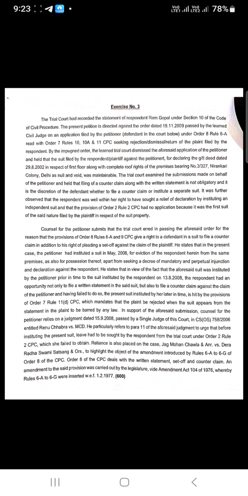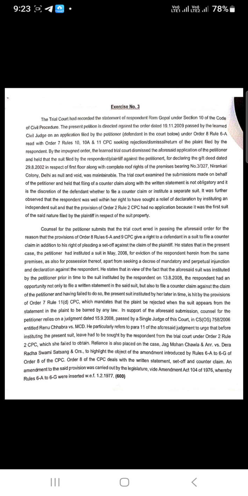He states that in view of the fact that the aforesaid suit was instituted by the petitioner prior in time to the suit instituted by the respondent on 13/8/2008, the respondent had an opportunity not only to file a written statement in the said suit but also to file a counterclaim against the claim of the petitioner, and having failed